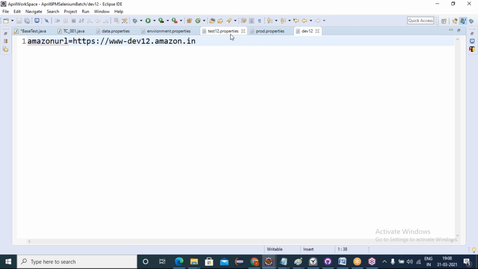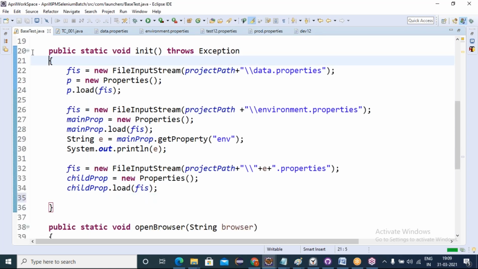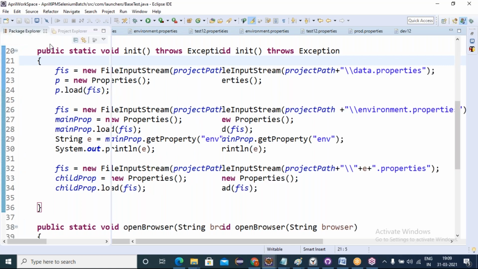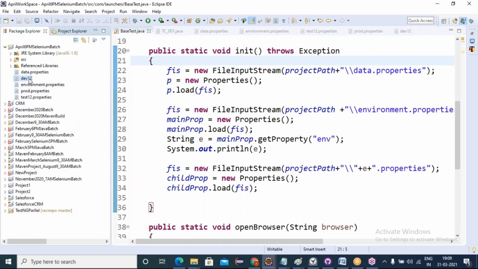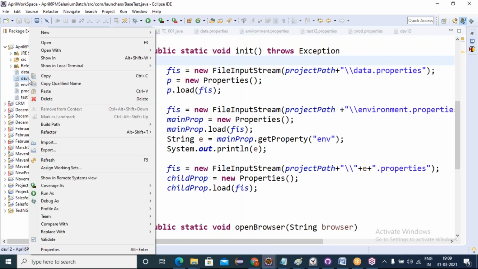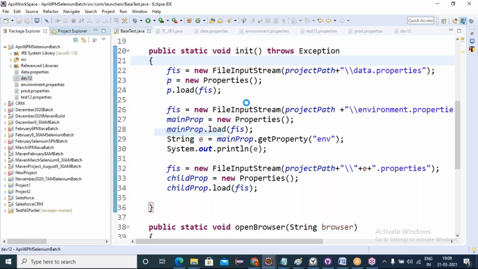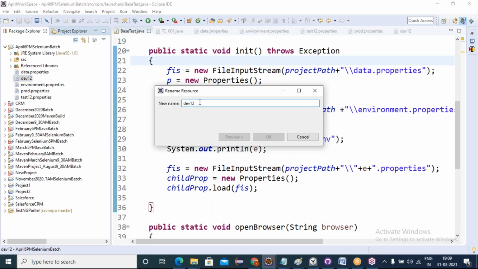Where, sir? Oh, this one, dev12. Okay, that's the issue I'm getting. I missed the properties extension. Let me rename: right click, Refactor, Rename, dot properties. Okay.